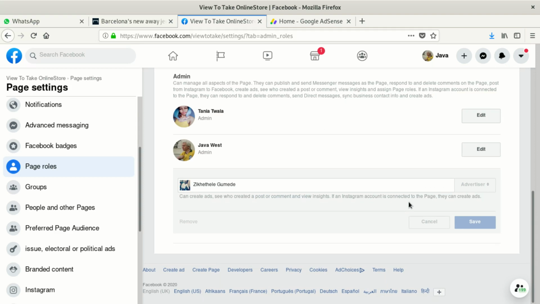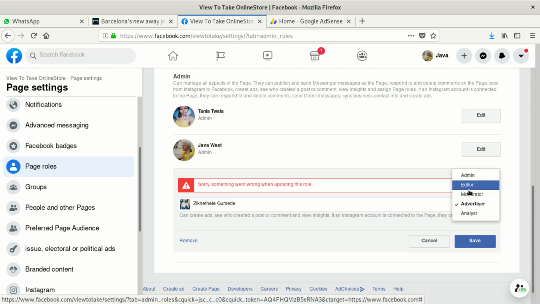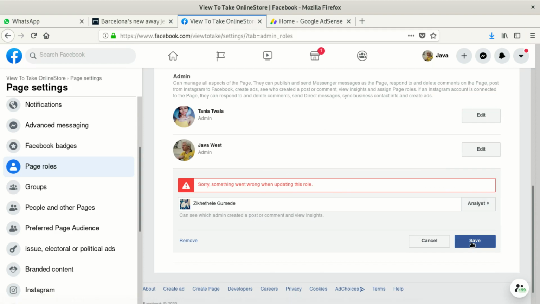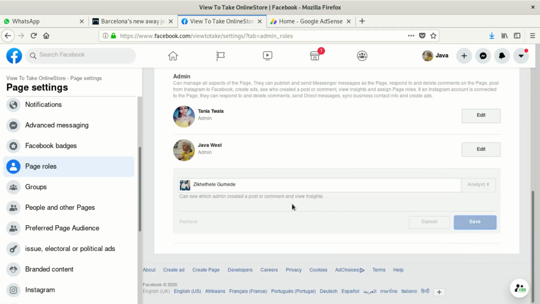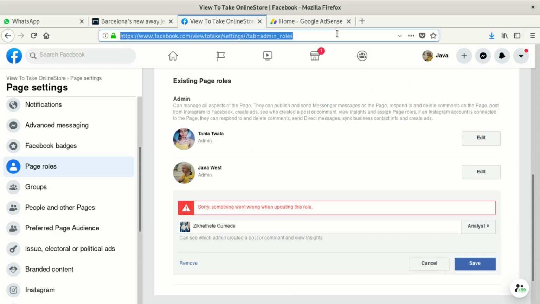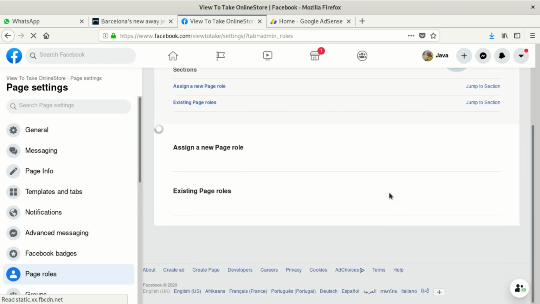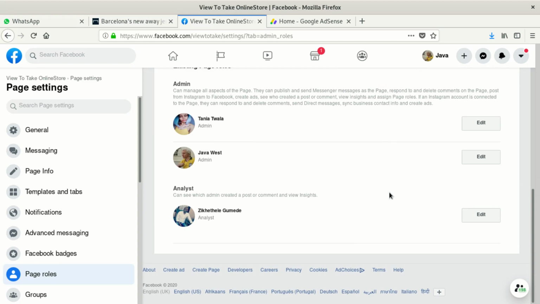You save that. Also it says sorry, something went wrong when updating this role. Let's see, try again. We say analyst. Something is going wrong with Facebook. Let me just refresh and try again. Okay, let me try that. You can see it worked. It wanted me to just